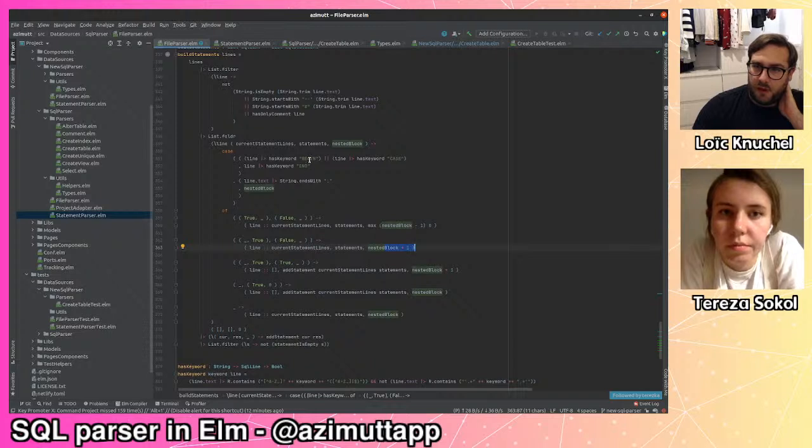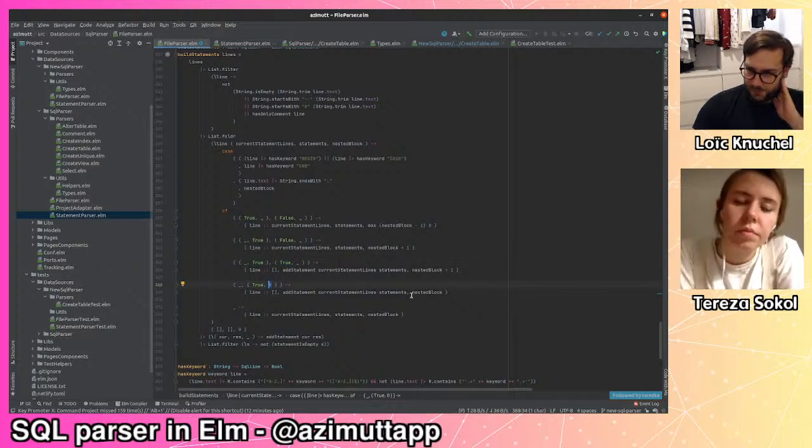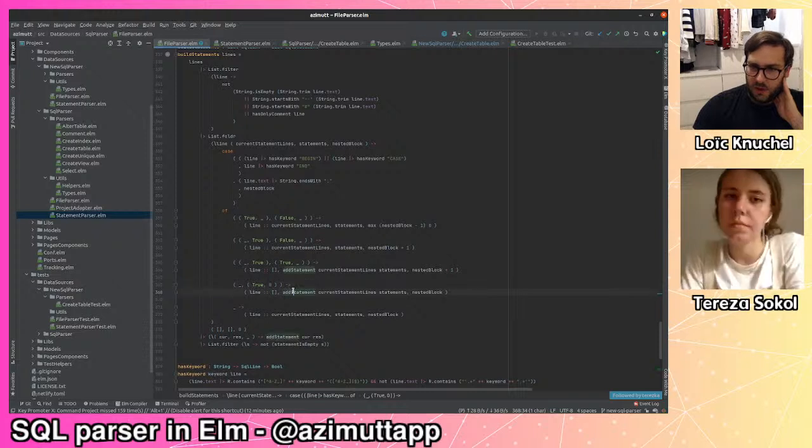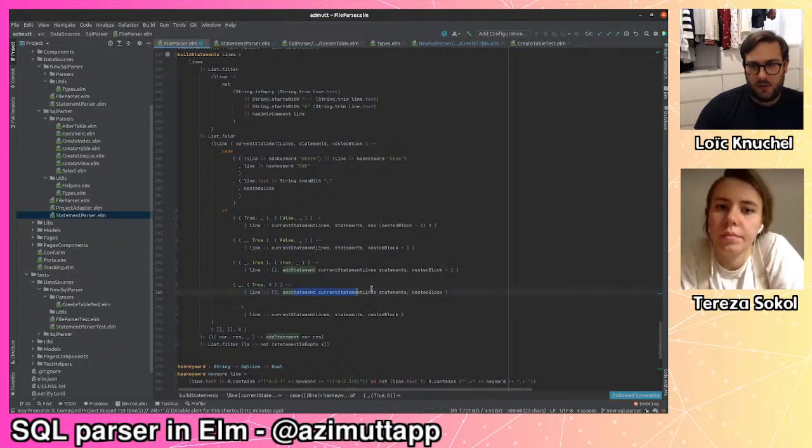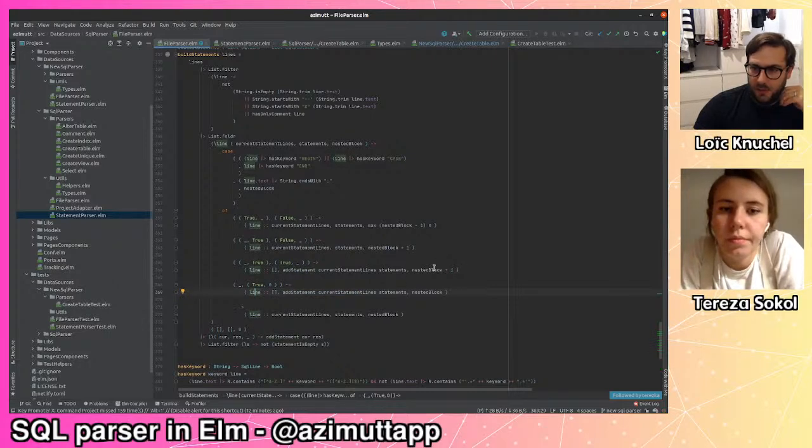And if I find a begin or a case, I decrement it. And when I find a semicolon, the true on the second tuple, for example here, it depends on whether I'm in a nested block or not. So if I'm not in a nested block, I will just add to the statement, so close this statement and start another one, or otherwise I will just